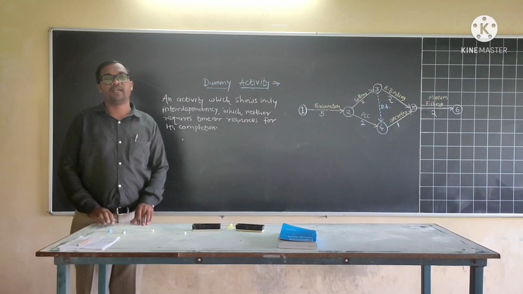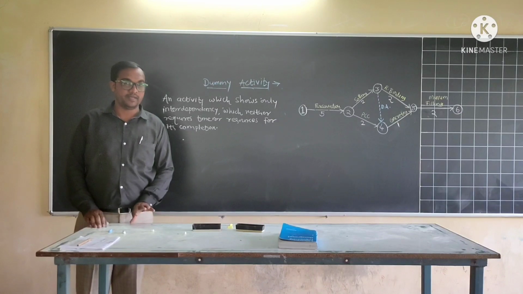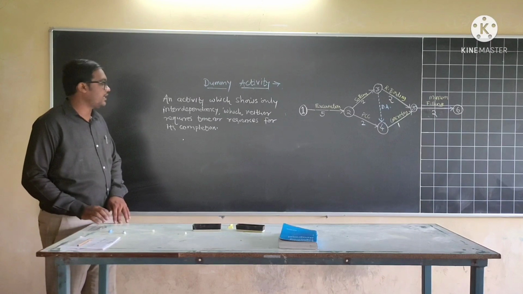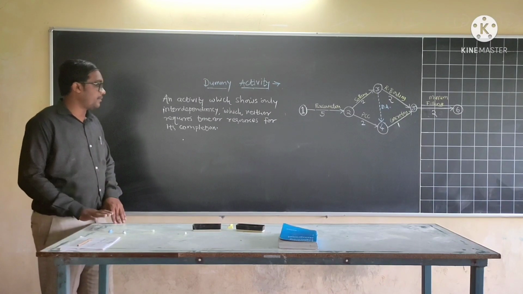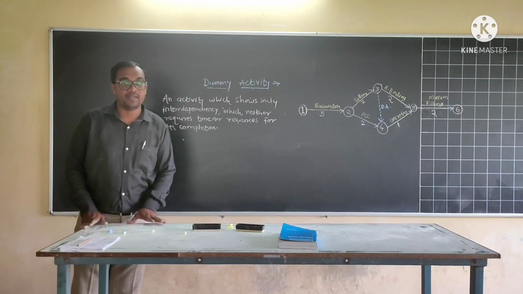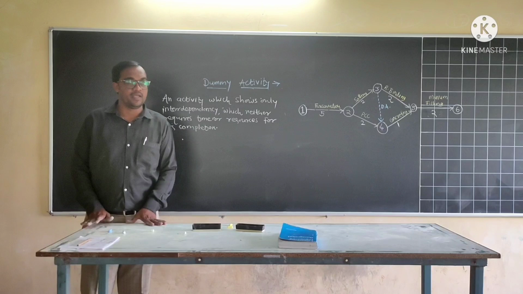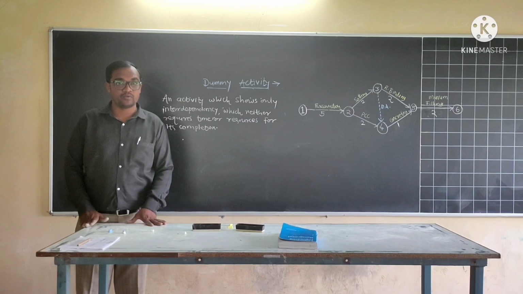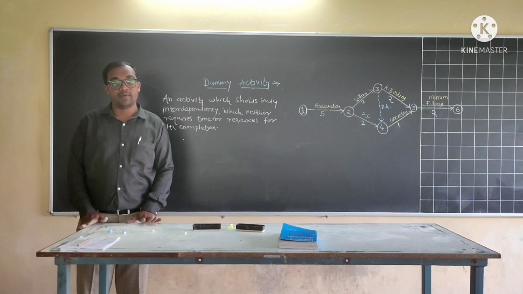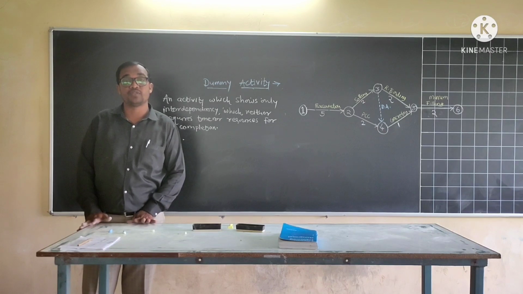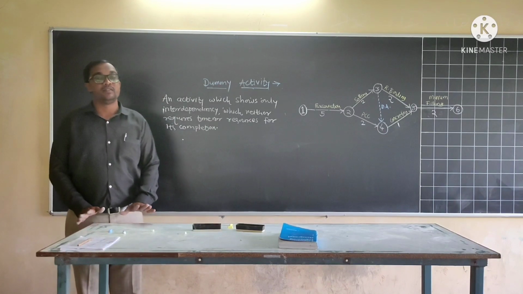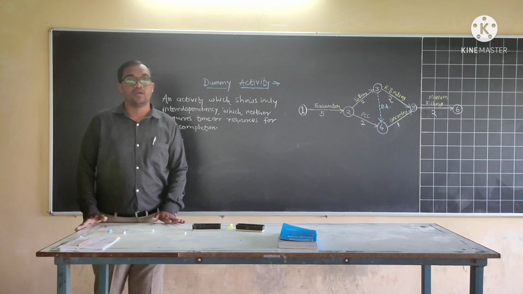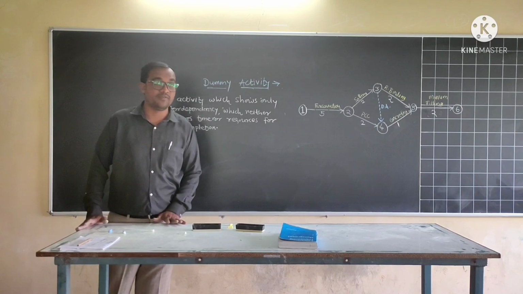Now the next concept of network diagram is dummy activity. So what is dummy activity? A dummy activity is shown only for interdependency, and neither requires time nor resources for its completion. This type of activity is not like a regular activity. A regular activity takes some time to complete, and it is denoted by an arrow. A dummy activity does not require any time or resources to complete. It is only shown in the network diagram for showing the interdependency of different events.